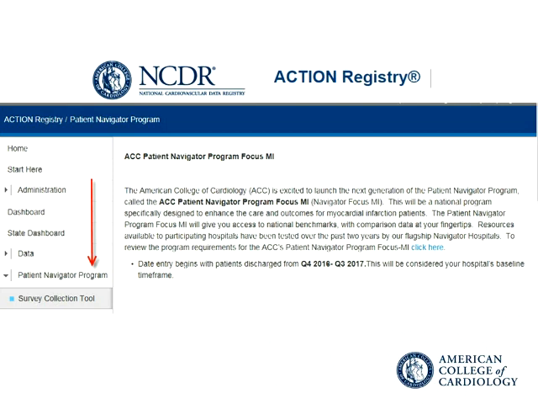And as you can see here, there's some verbiage about the excitement of launching the program, and some information about the ability to not only submit your data, but access national benchmark data and understand where your facility sits, not only with regard to traditional Action Registry metrics, things like the STEMI, non-STEMI composite, defect-free care, but look at transition care metrics that you will be collecting and submitting and uploading that will be benchmarked against colleagues, other facilities across the country, that will allow you to understand where there may be opportunities for improvement as it relates to care